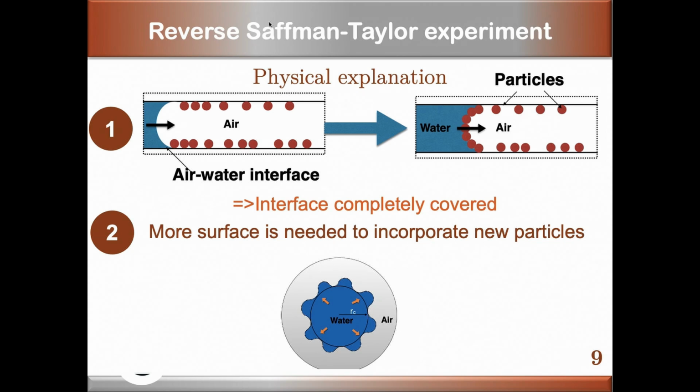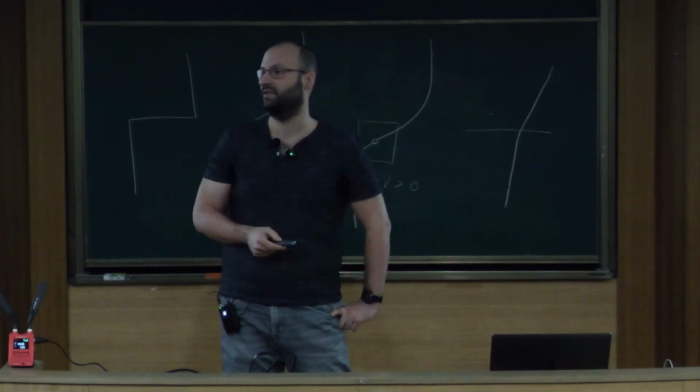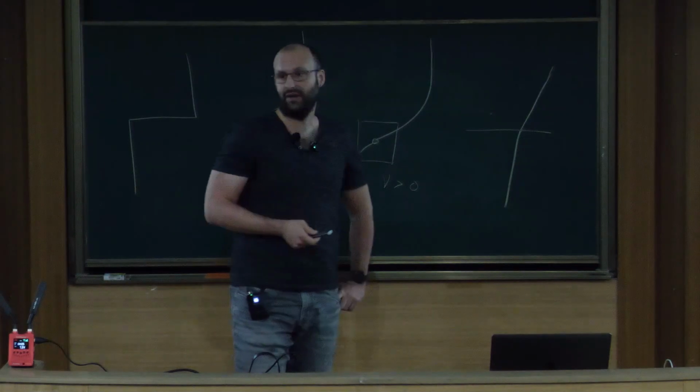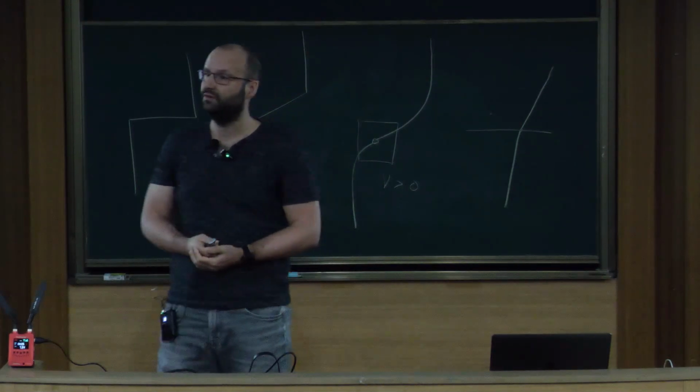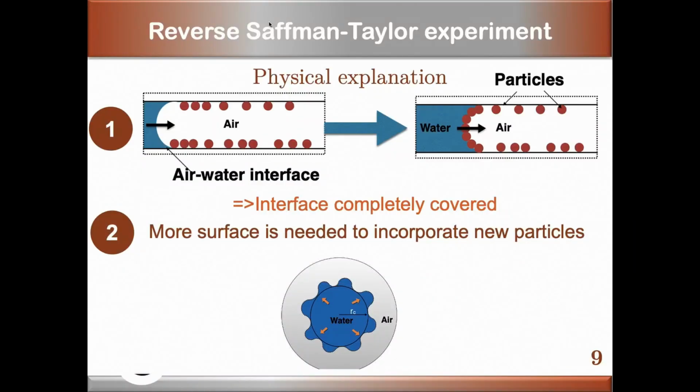instability comes from the fact that the particles desperately want to be at the interface of our meniscus. So the idea was, at the beginning, when you pour your liquid into these particle-covered surfaces, you have some space to integrate the particle over your meniscus. But at some point, then you won't have any space to incorporate these particles. And if you have no space, one easy way to create some spacing for this particle is, instead of having this regular circular shape, to create some fingers, because you will have, of course, more surface compared to with the same